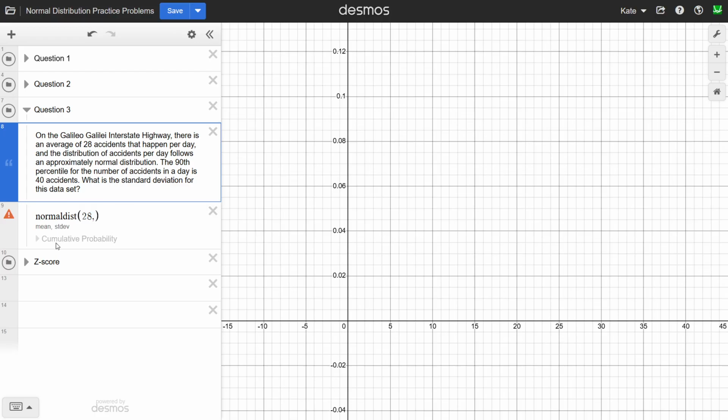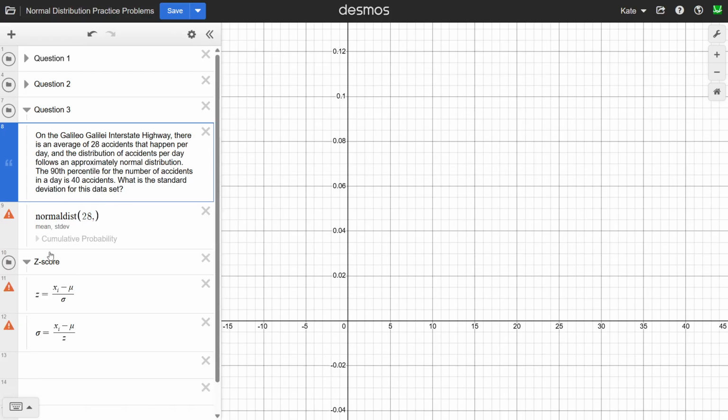What we want is the standard deviation. And so what we can actually do is use the z-score formula for this. We can see our z-score equals our data point minus our mean divided by our standard deviation. And we can rearrange this to solve for our standard deviation with this formula here. Because we have the percentile and the data point, we can find the z-score that goes along with that percentile. And that's going to be using